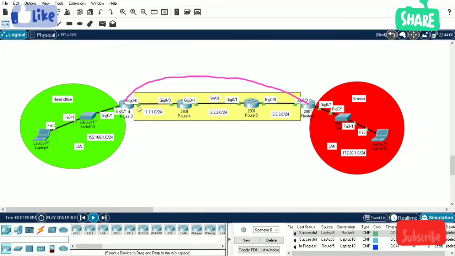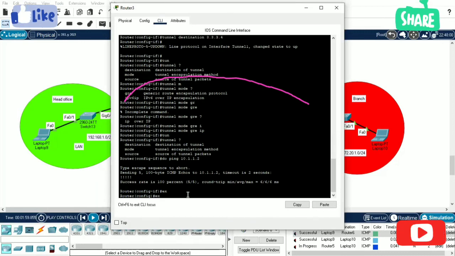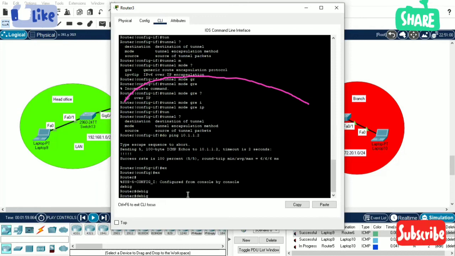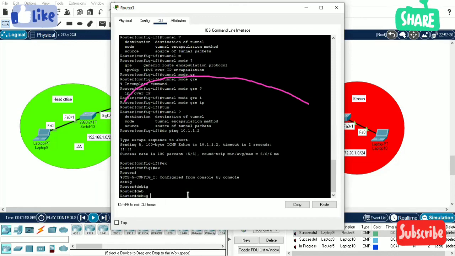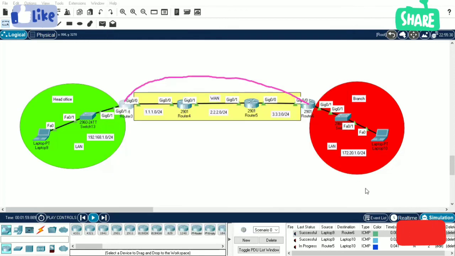Wait a minute. Here I'm going to do debug on this router. Okay, debug IP ICMP is on. So what is happening here is the traffic is being encapsulated with a new IP address, which is 1.1.1.1, and forwarded to the tunnel destination. So here a new IP header is added.